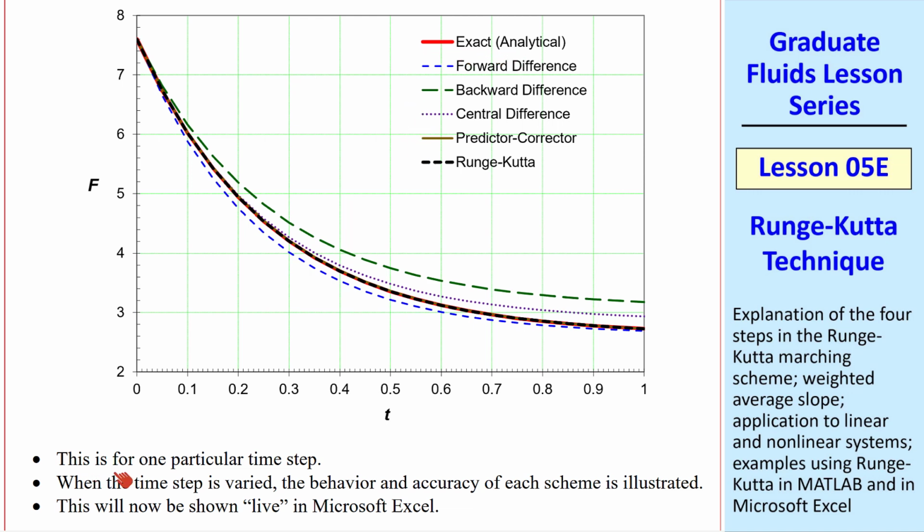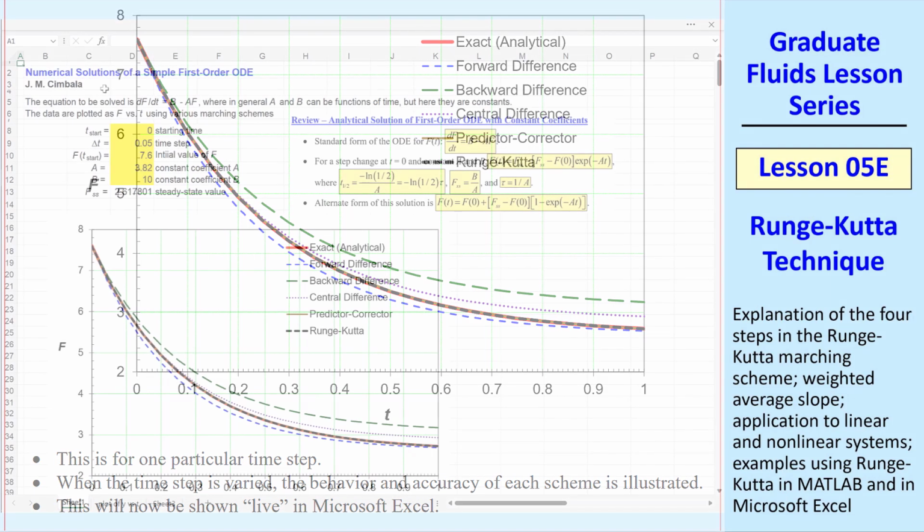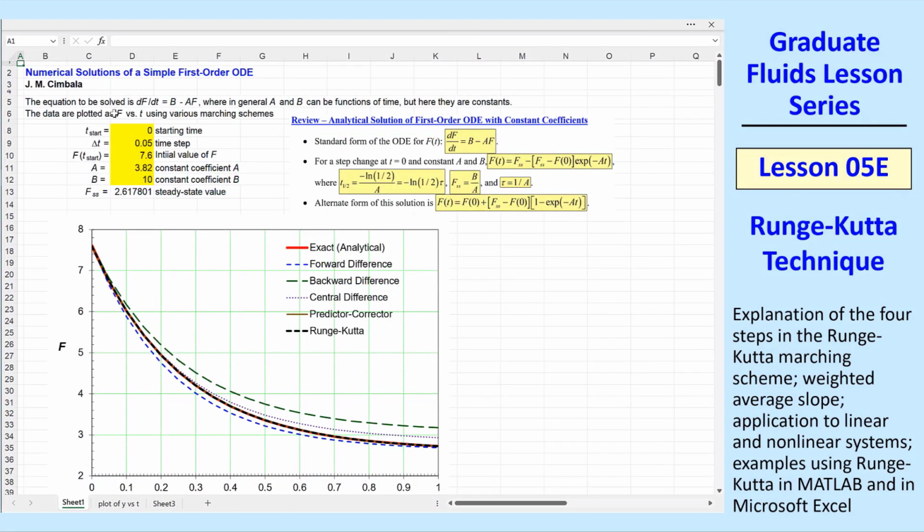This is for one particular time step, but I'll vary the time step in the live demo to illustrate the behavior and accuracy of each scheme. I'll now show this live in Microsoft Excel. Here's my Excel spreadsheet. The cells in yellow are what I enter: starting time, a delta t, the initial value